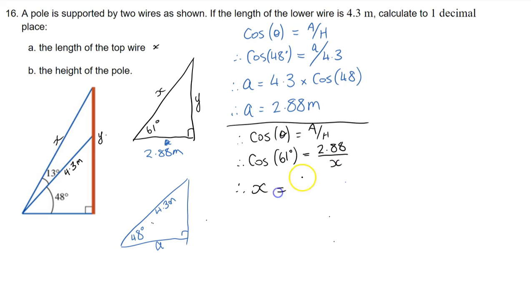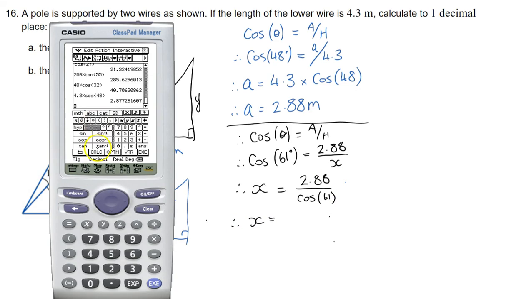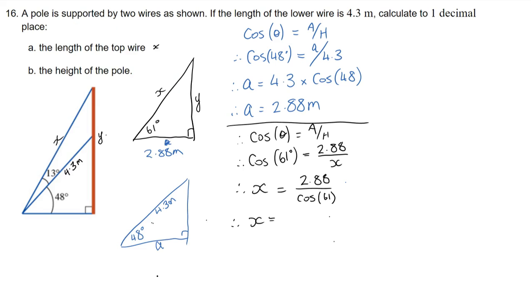So x is going out by itself, and cos of 61 is going at the bottom of the fraction. Fraction bar. So 2.88 over cos of 61 degrees, which is 5.94, and they want it to one decimal place, so